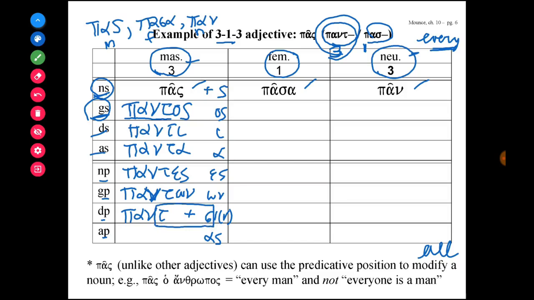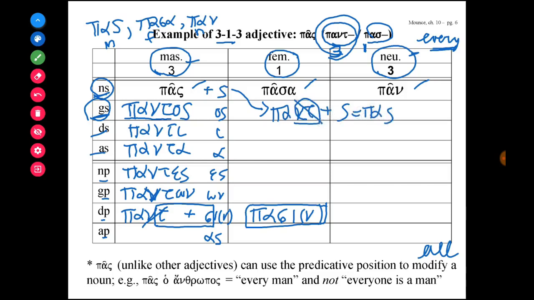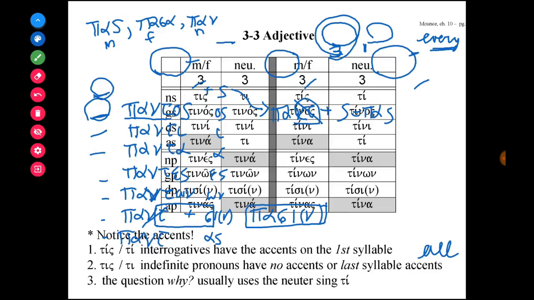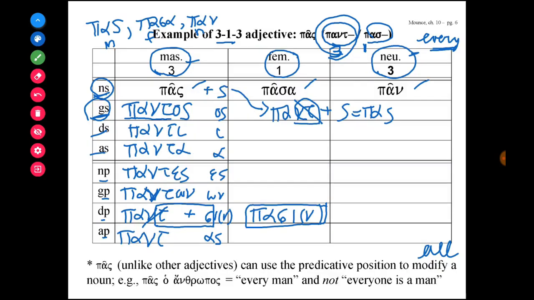It becomes a sigma. The nu tau drops. So the form is possi or sin. This is the dative singular. It's very similar to what happens here with pas. You have the stem pant. You add sigma to it. The nu tau drops, and it becomes pas. And then add pant for the accusative plural plus as, and you get pantas.